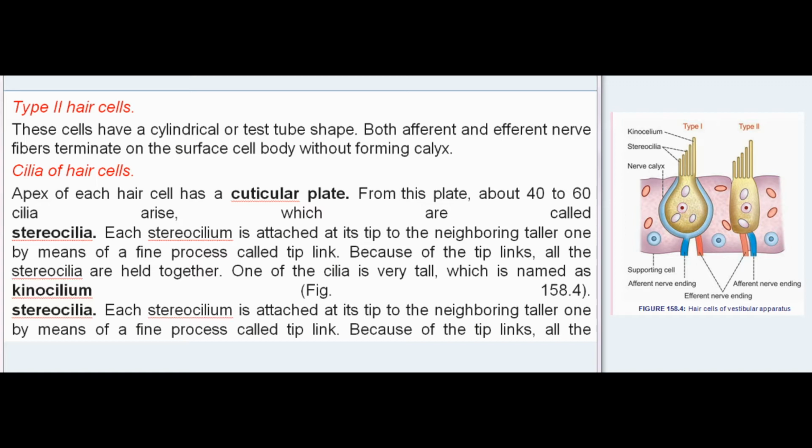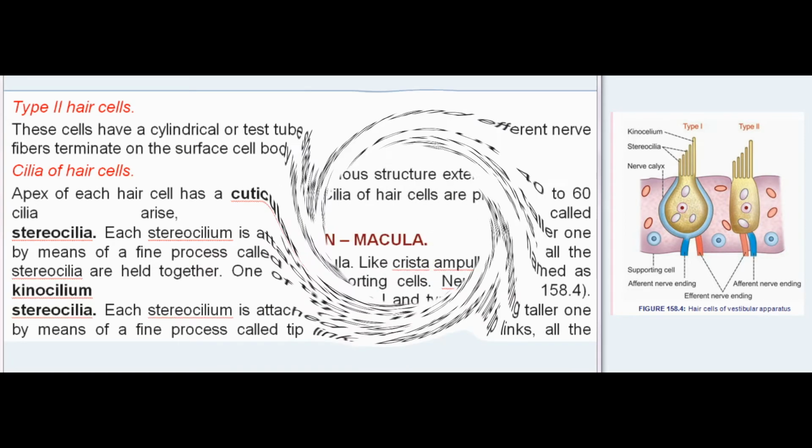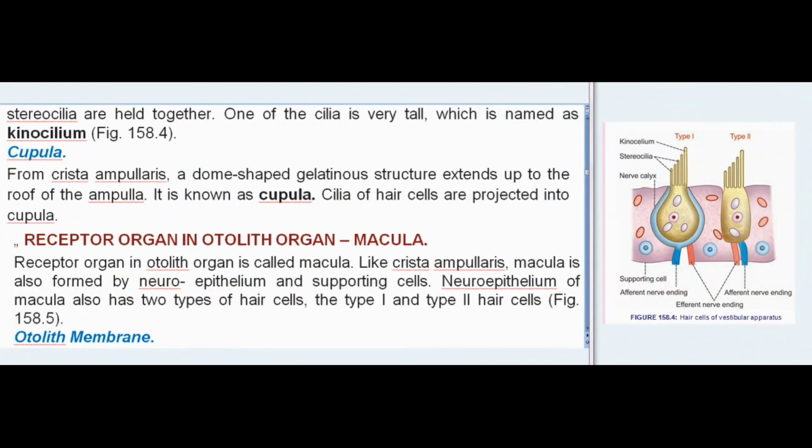Cilia of hair cells. The apex of each hair cell has a cuticular plate. From this plate, about 40 to 60 cilia arise, which are called stereocilia. Each stereocilium is attached at its tip to the neighboring taller one by means of a fine process called tip link. Because of the tip links, all the stereocilia are held together. One of the cilia is very tall, which is named as kinocilium, Fig